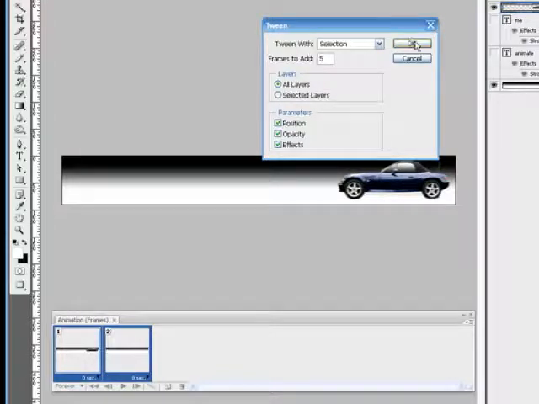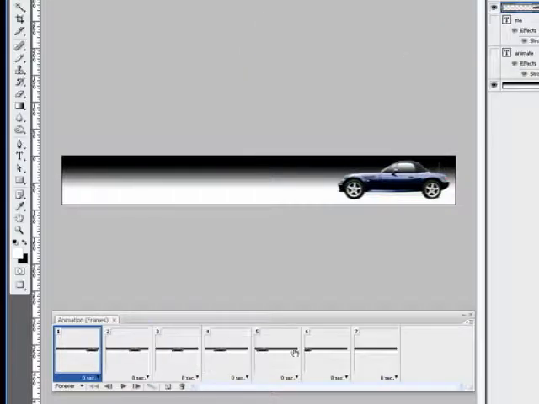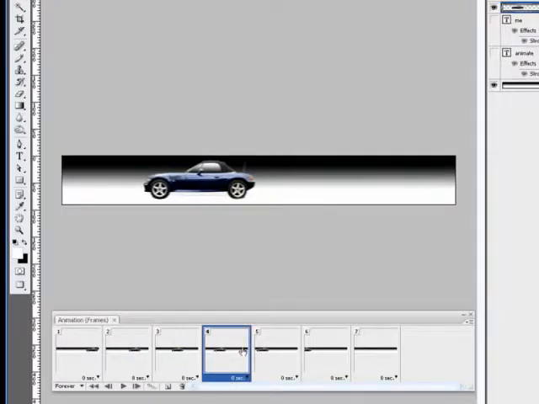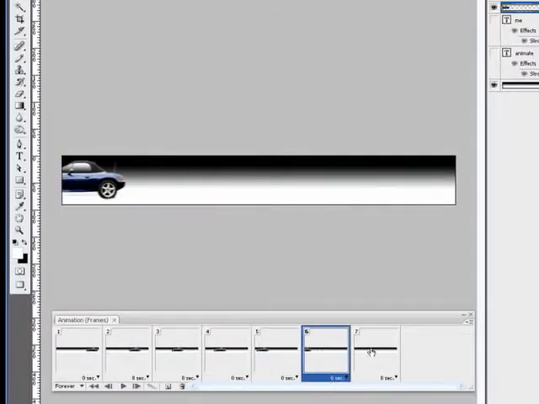Right, so let's hit OK, and there you go. If you see in the animation panel, we've got our additional frames. Let's just click through them, and you see instead of the graphic just popping out, flickering, Photoshop, as clever as it is, has filled